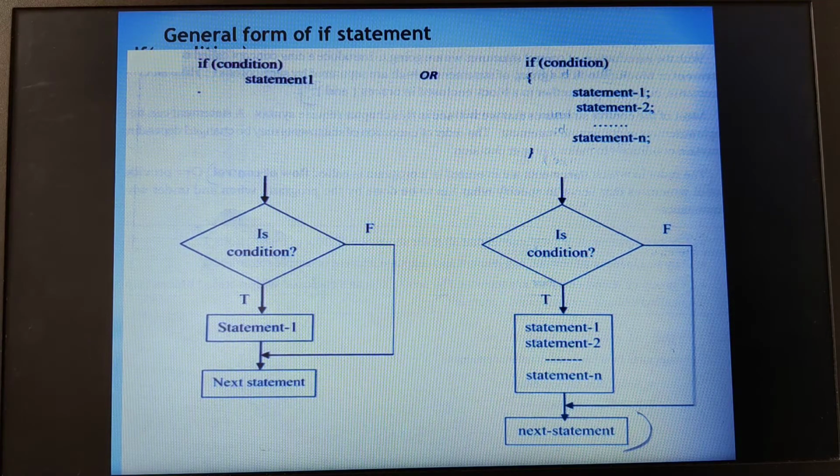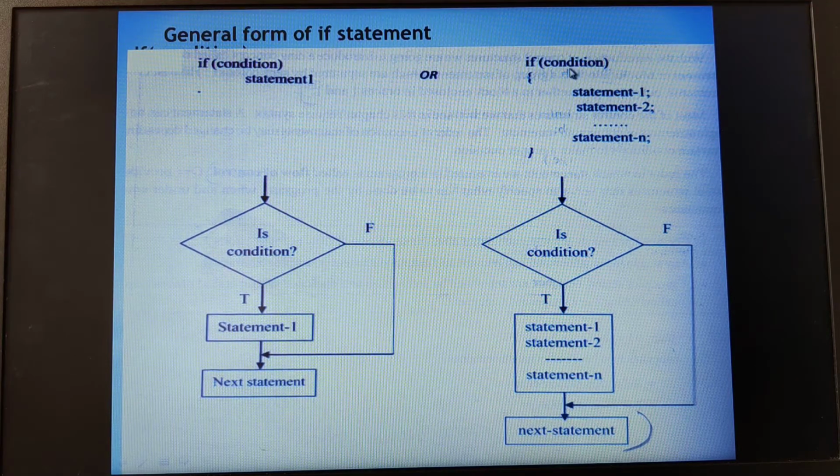So this simple if statement is being referred to as the one-way branching, and this statement is used to decide whether the statement or a set of statements to be executed or not. And we can decide based upon the condition, and this condition will be evaluated against the value that is true or false. True refers to the value as 1 and false refers to the value as 0.